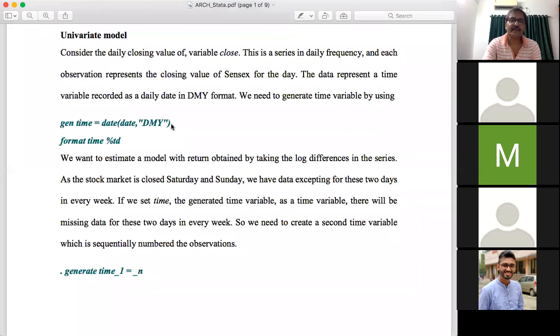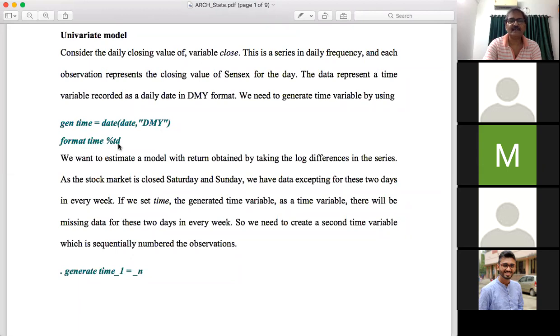After executing it, look at the data file, data browser. You have got some numeric figures, so you cannot identify whether it provides the date or any other things. So we need to format it. As it is a daily data, the command is format space time, since we have generated the new time variable by the name time, space percentage TD.